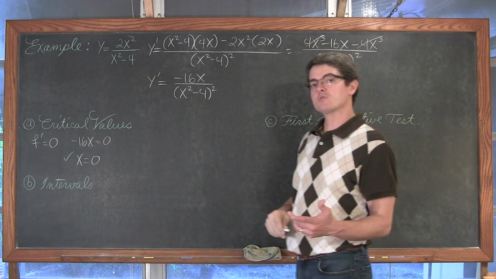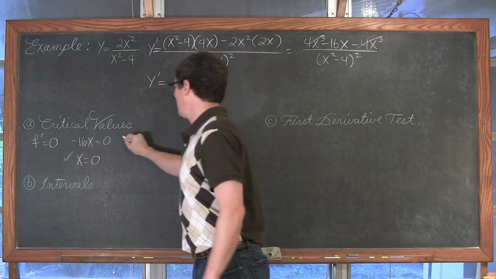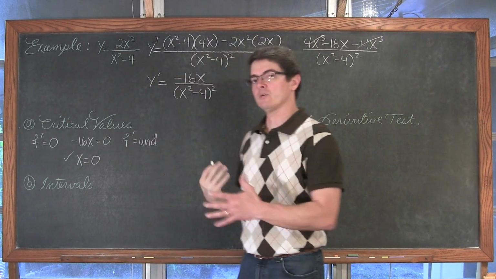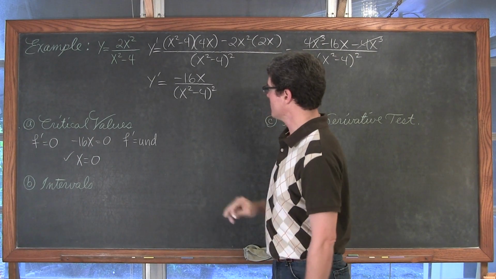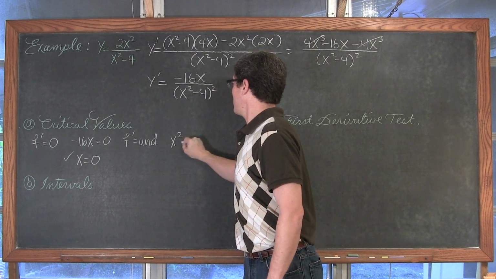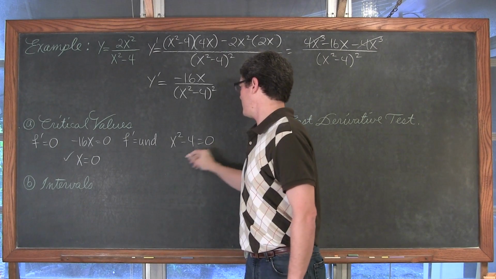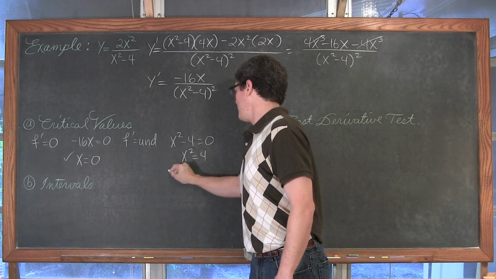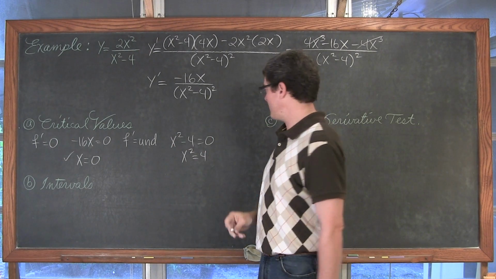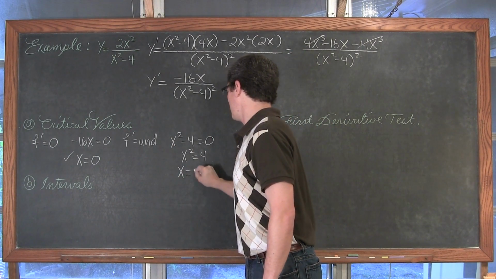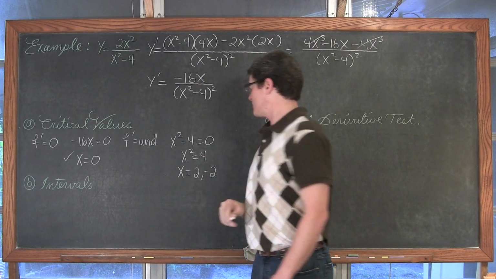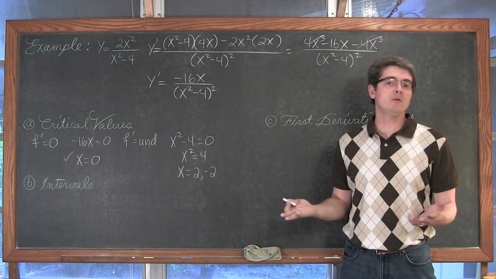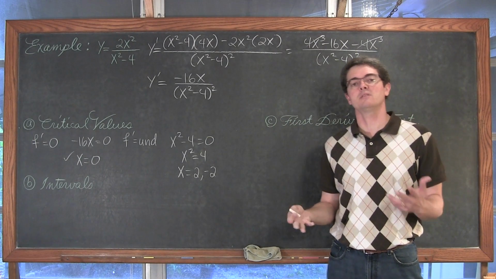Another thing we need to solve for is where the first derivative is undefined. Well, f prime is undefined where the denominator is equal to 0. And that is x squared minus 4 is equal to 0. Add 4 to both sides. We get x squared is equal to 4. And that means that the first derivative is undefined at x values of positive and negative 2. Now these might be sharp bends in the graph, or it might be where the graph itself, the original function, is undefined.